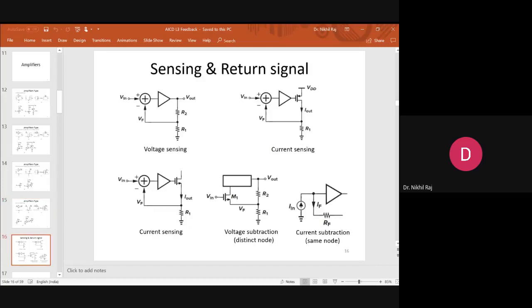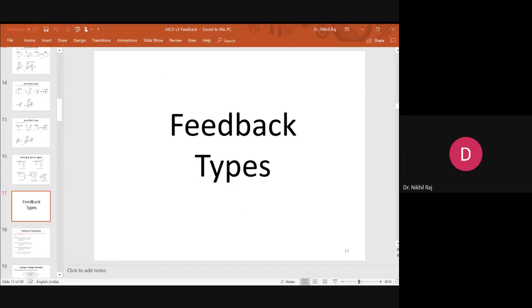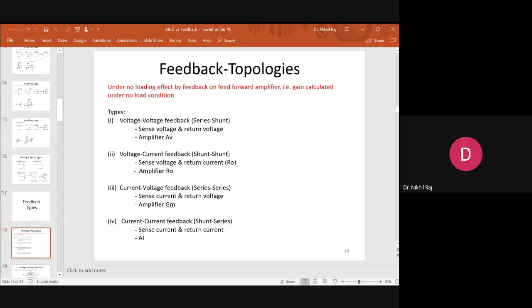So once we know all the units of the amplifiers, then correspondingly we can design the beta network based on the amplifier property. Okay, so four amplifiers. So four types of feedback were there. The number one feedback was your voltage feedback, which was applied to your voltage amplifier. So for the voltage amplifier, in this feedback system, the beta network was unitless, and the network was also known as your series shunt configuration.